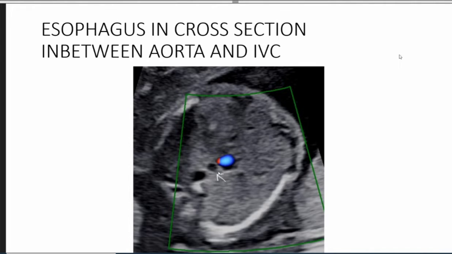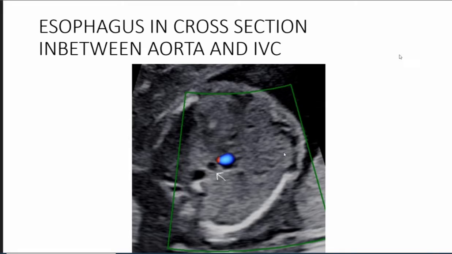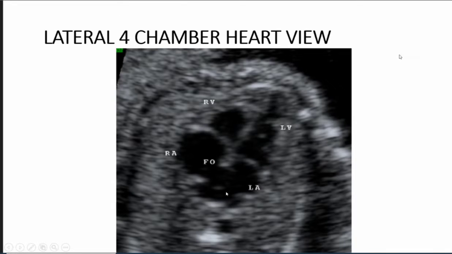If you have any other structure in between aorta and IVC, then think of a vertical vein from a TAPVC going down, or think of an abnormal vessel like the azygous vein coming up from the abdomen into the chest in isomerism. So just by showing an extra vessel, we can diagnose a heterotaxy or a TAPVC from the upper abdominal view.